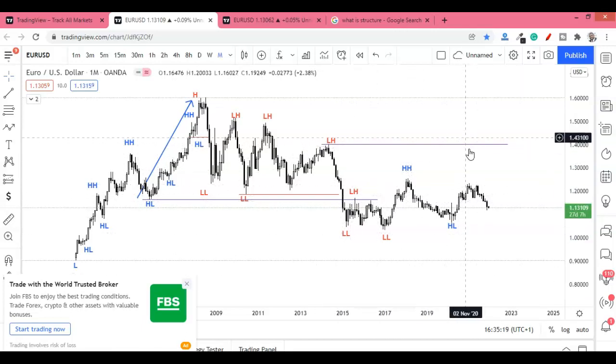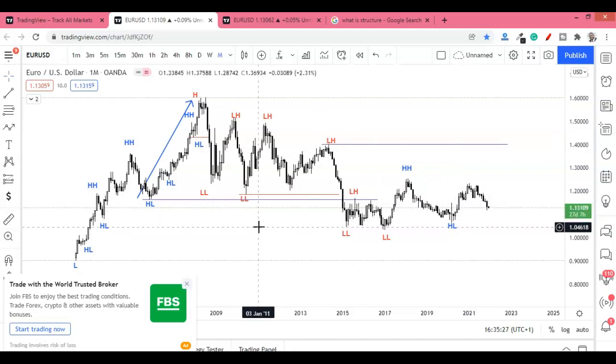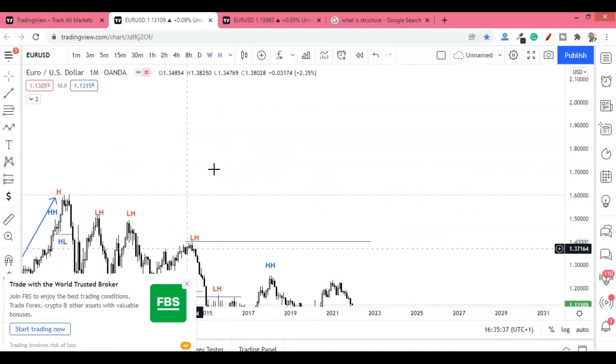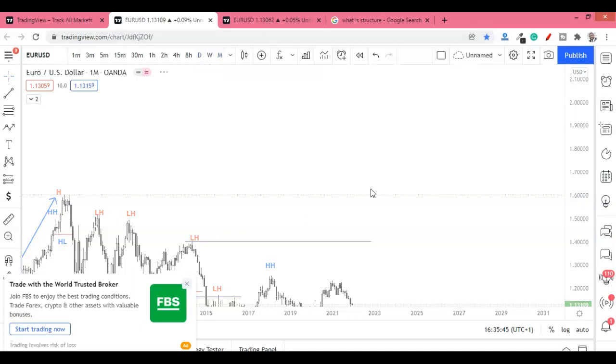A major break confirms that the trend has changed. Okay, let us put it that way. The major break of structure confirms the change in trend. Why a minor break is simply an internal break within the time frame, or in the case where you are comparing 3 different time frames. Okay, now let's go to the daily here.